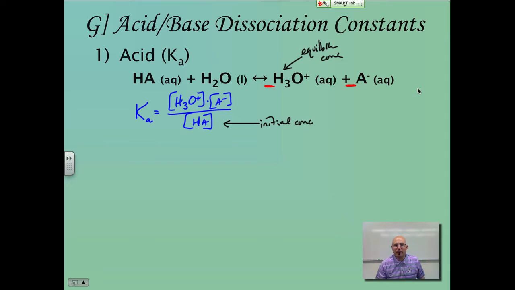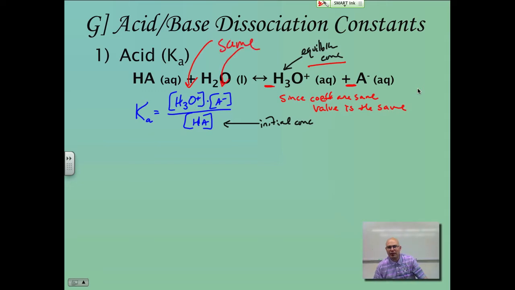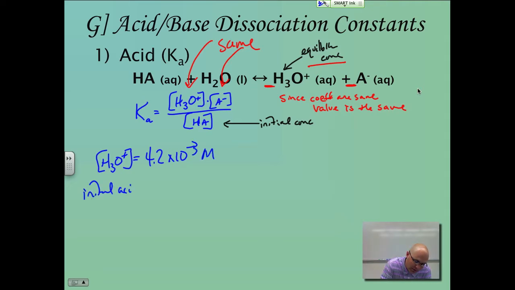Now here's the little wrinkle. Notice the coefficients for this. It's a generic formula, but the coefficients will always remain the same. They're both 1. Since the coefficients are the same, the equilibrium concentration of H3O plus has the same value as that of A minus. Meaning, whatever the H3O plus ion concentration is, this one is the same, the A minus. So I only have to give you one. All right? So if you had a problem, let's say 4.2 times 10 to the minus 3, where I said the H3O plus ion concentration is 4.2 times 10 to the minus 3 molar,